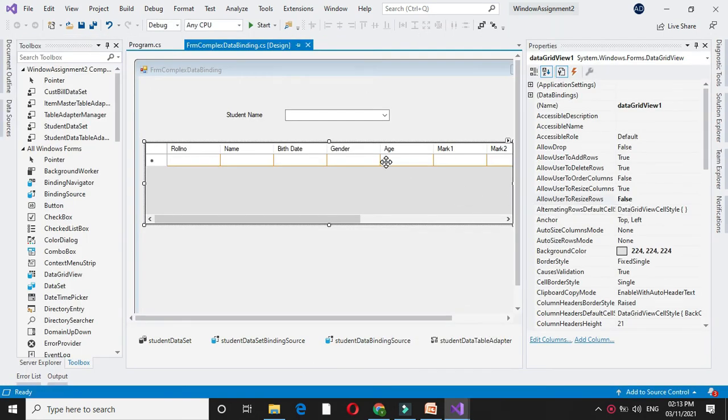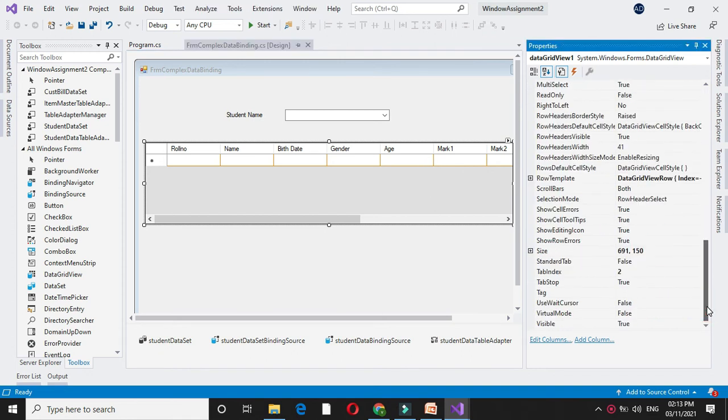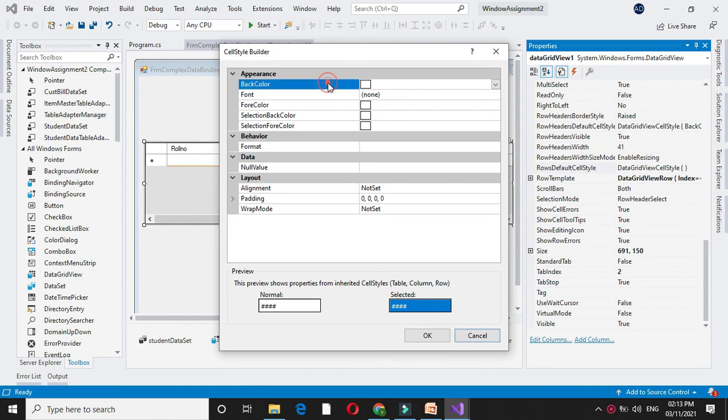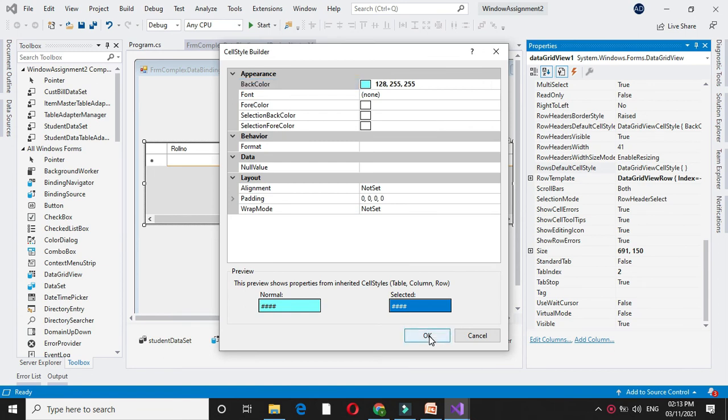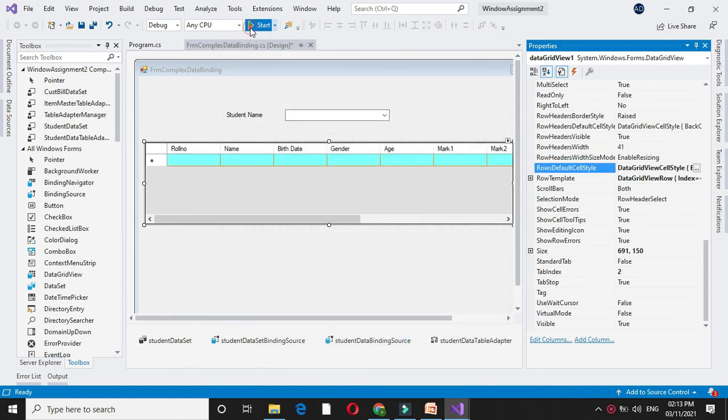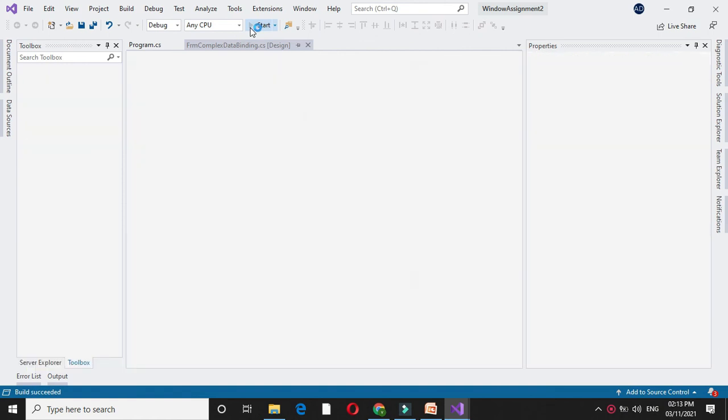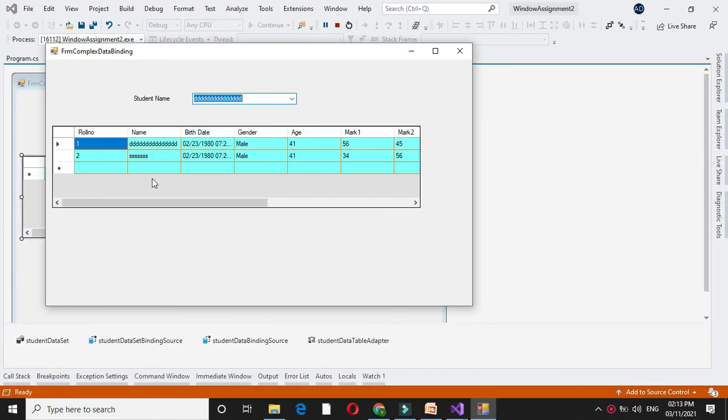If you want to change the default cell color, you can set it through row default cell style. If you click here and if you change the back color here and if you execute, the background color of a cell is changed.